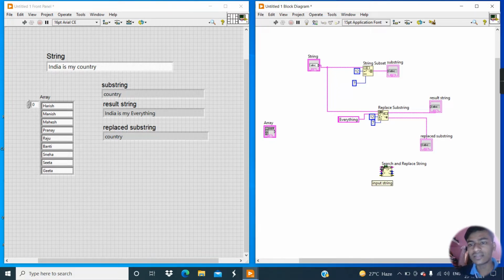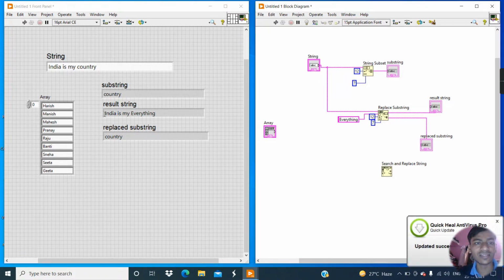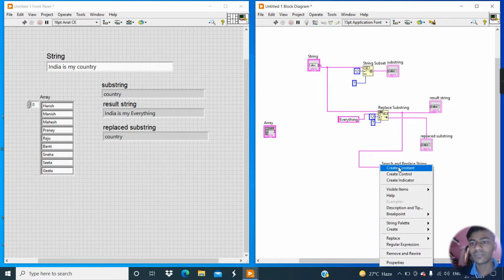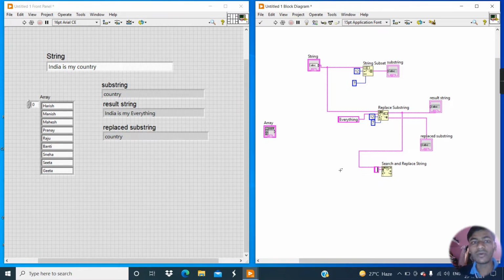You can see this is the first terminal, input string. I want to implement this tool on the sentence India is my everything, which is the output of this replace substring. So first I will connect this to the replace substring output. Now here is the second terminal, that is search string. Create a constant, and I want to replace the specified string, that is my.